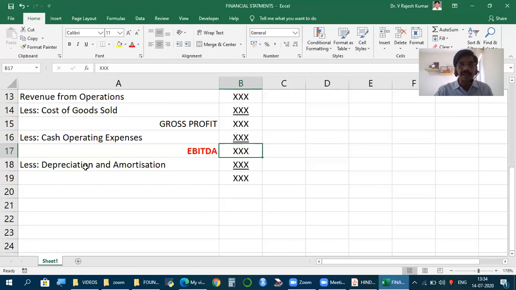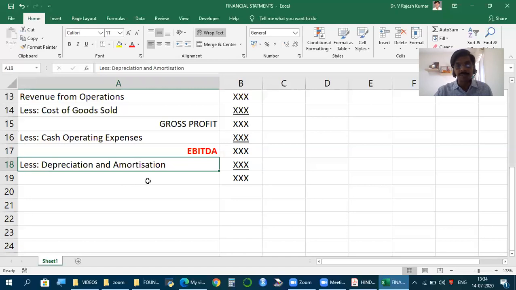So from EBITDA deduct depreciation and amortization. This is an exclusive item you find in the annual report. And what's the difference? Depreciation is for tangible assets, amortization is for intangible assets. But still, going by tax and other provisions, the word amortization we hardly come across. For everything, tangible or intangible, currently we make use of one single term, depreciation. But essentially, there's a difference between depreciation and amortization.